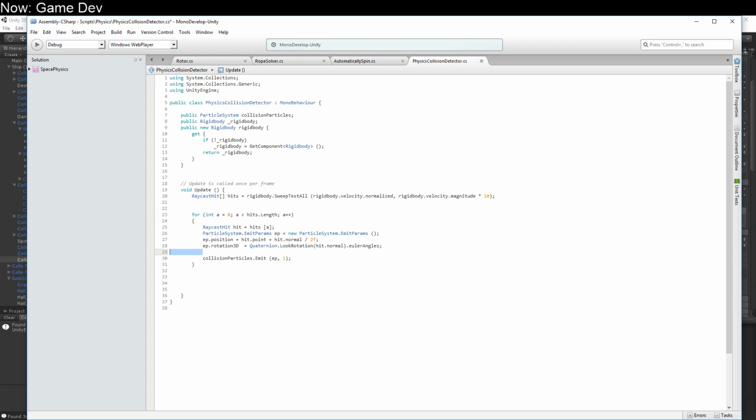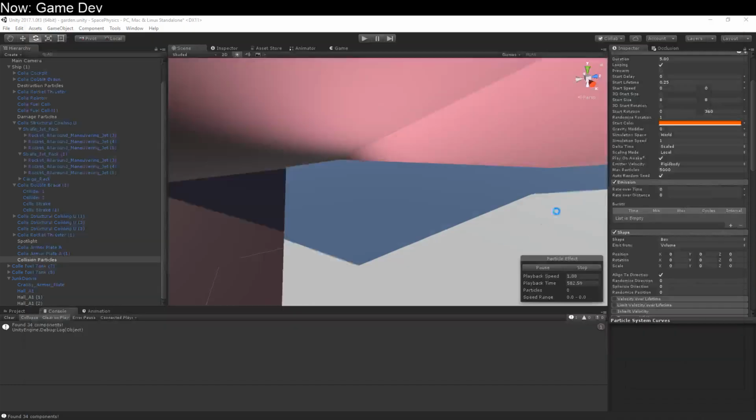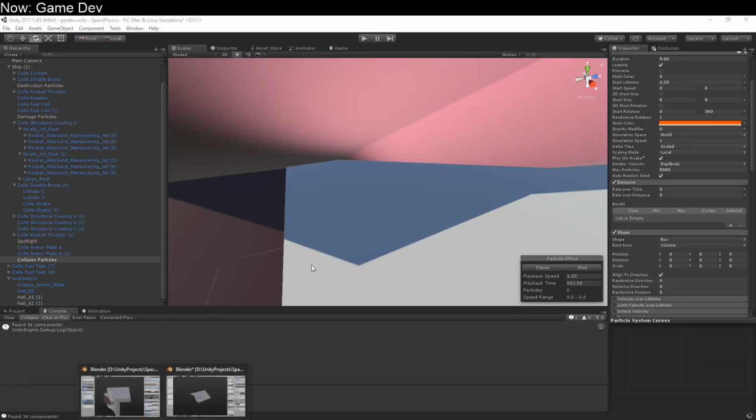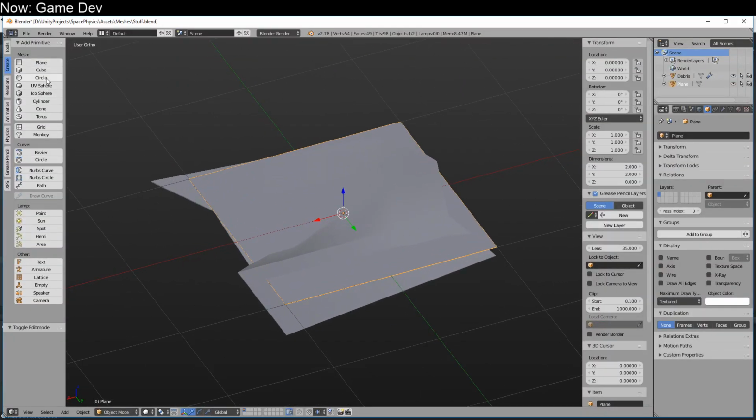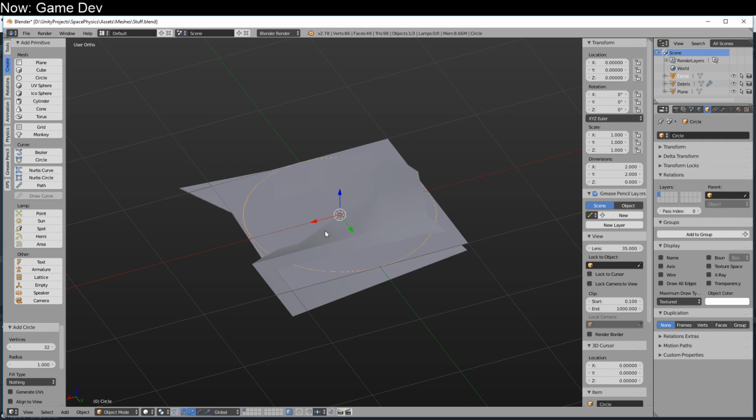Let's go ahead and try for a round particle instead. I think that would be a little easier. So here we are in our debris. We're going to go ahead and add in a circle like so. And we're just going to want to bring this down to, say, 16